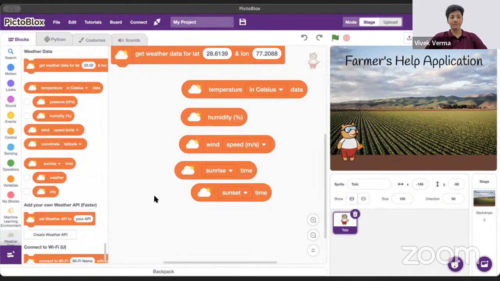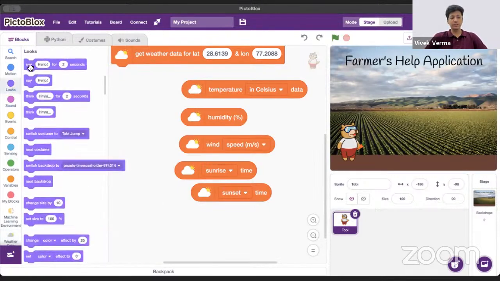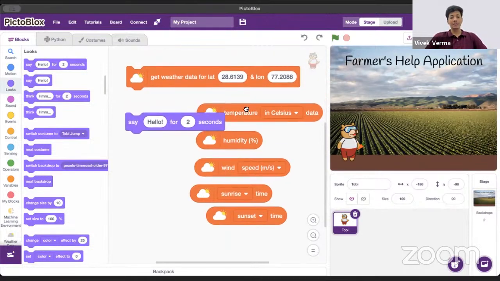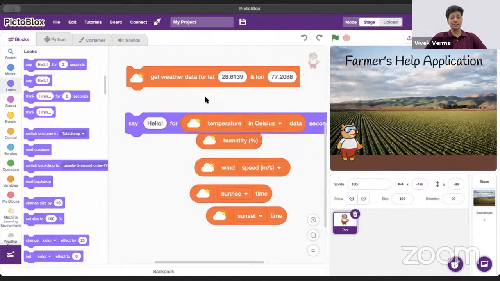I can now present it to the farmer. How can I do that? I can either use the say block or I can use Quarky. I will be using Quarky later on, once I come to the Quarky part. But right now we will be using the say block. Let's just grab temperature and